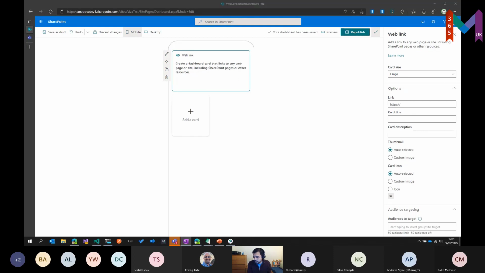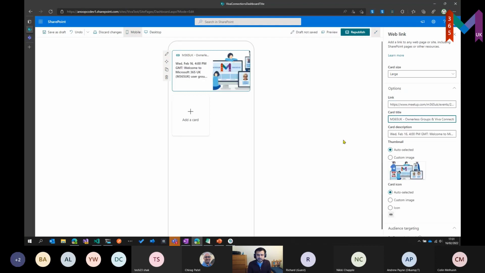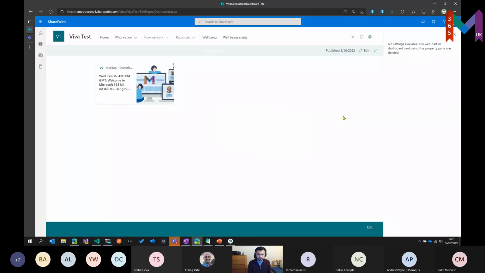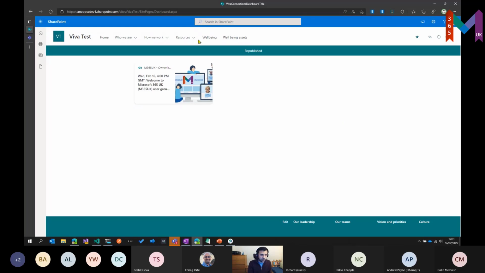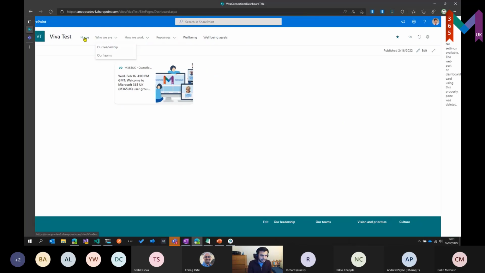So if I copy one of the links that I've got, which is that one, it automatically picks the title and the image for us. And this is a simple link card. So when you click on it, it takes you to that link. As the homepage editor, if I am happy with the dashboard, then I go ahead and republish it. And then if I go to the homepage,